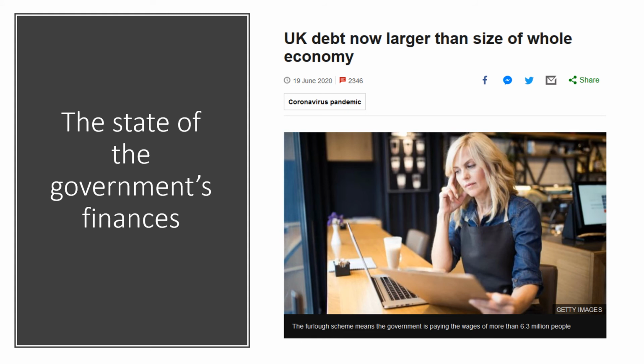That means that in the future, a very high proportion of the taxes collected by the government are going to have to be spent on servicing the debt, paying interest to the bond market. And it could well be that in the future, if your debt level keeps on rising, there could be a sovereign default. That's a situation where you're unable to collect enough taxation to pay for the debt interest on